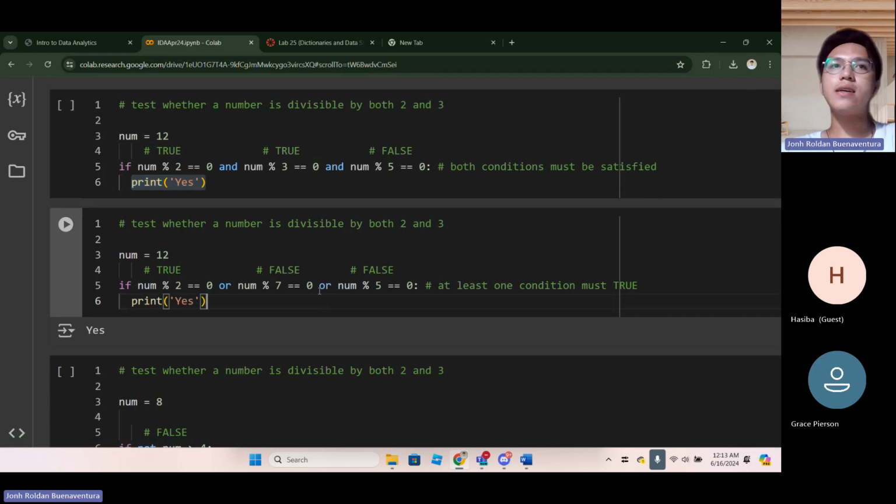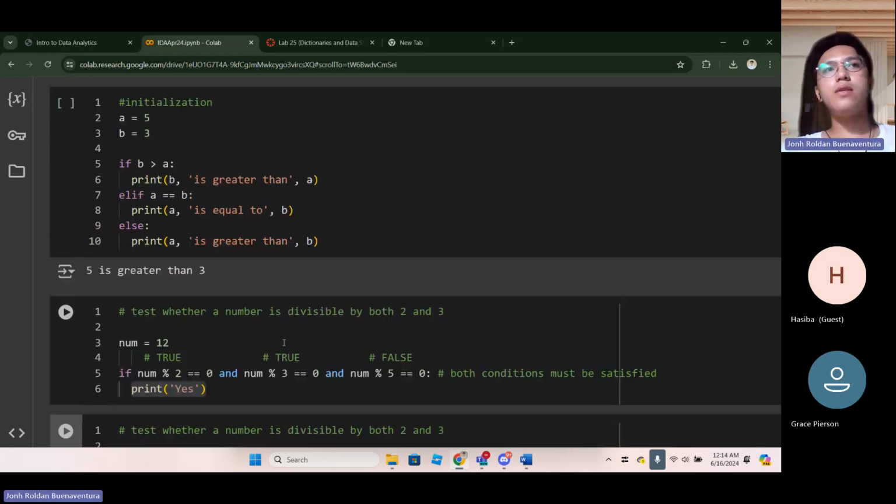On the other hand, we also have the or, in which we only need at least one condition to be satisfied in order for the code to be executed. We also have the operator not, wherein if the value of the condition is true, but there is a not at the beginning, the value of that condition will be flipped. From true, it will be false. Okay.